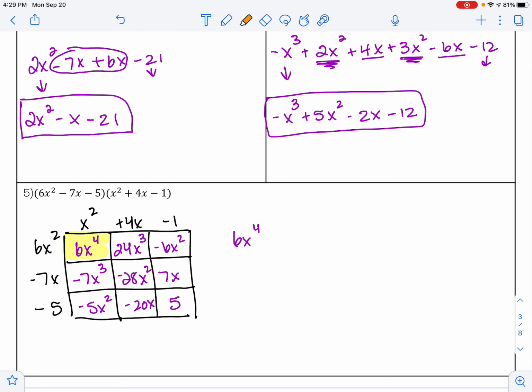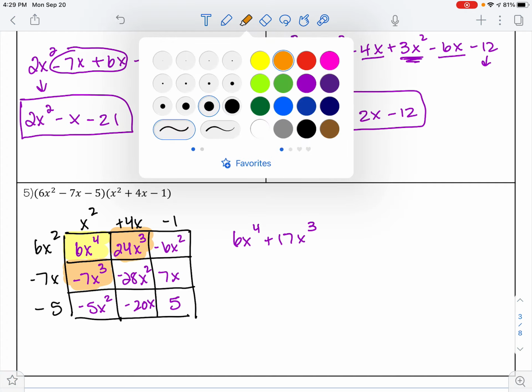Next, I see that I have negative 7x cubed plus 24x cubed. Those are like terms. So that is going to give me, let's see, 24 minus 20, and then another 3. So that would be 17x cubed. And then I have